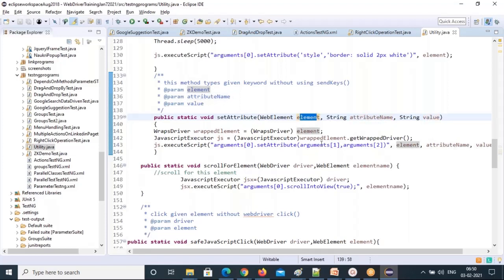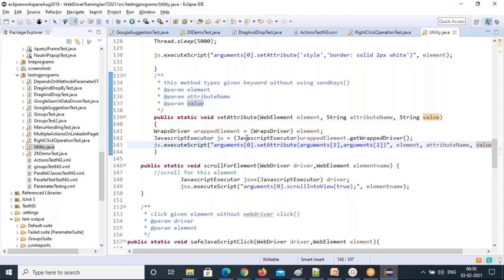In this argument, in this value, you set it. Element is argument 0. So this is all JavaScript code till here. And then all these parameters you are giving one by one in the order: element, attribute name, and value. All three parameters you are passing.